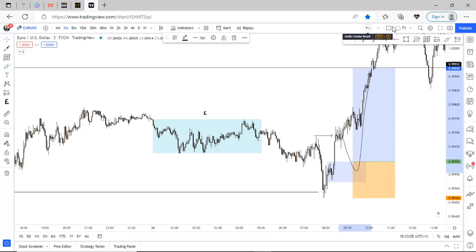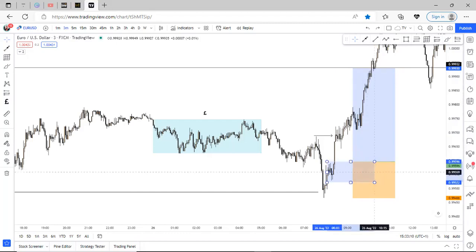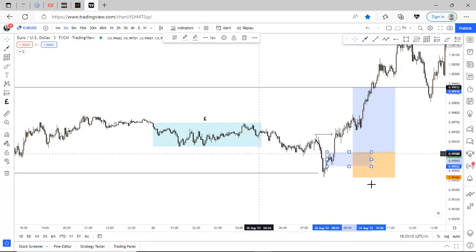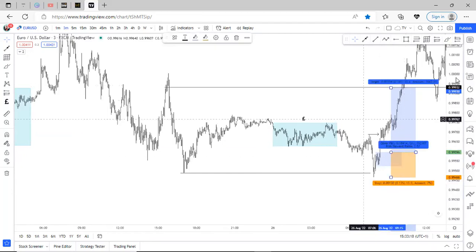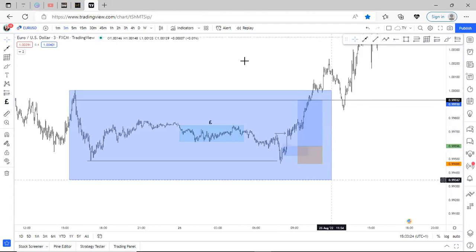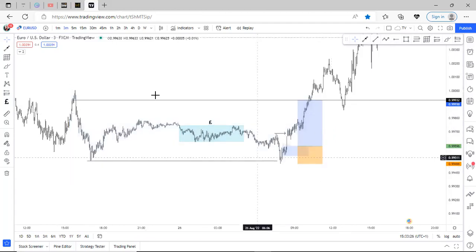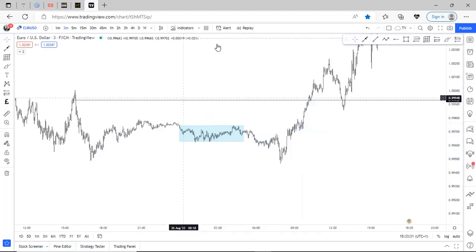But as you can see, the market didn't return back into this point of interest. So just keep in mind that at times like this, your point of interest will not be mitigated and price will end up moving into your desired direction. So I missed out on this trade. Let me now move to the loss I had. Okay, let's move to the loss.